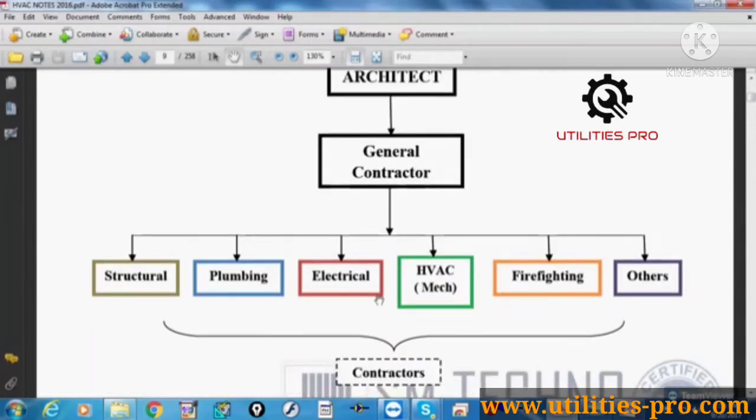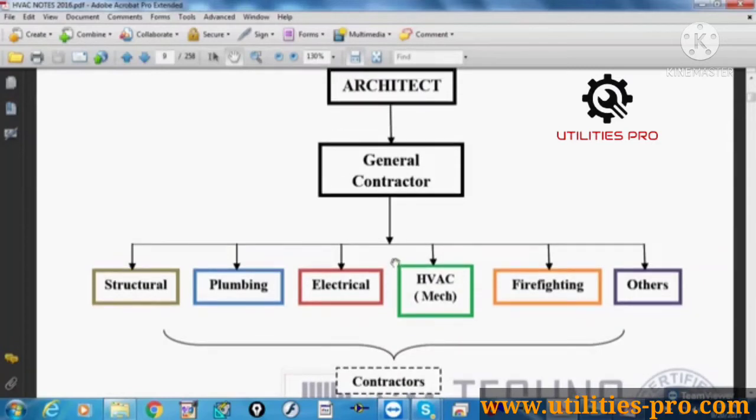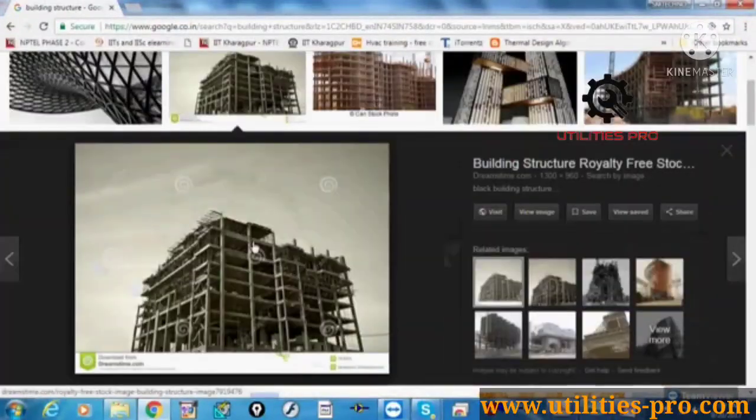But before this, we'll talk about the sequence of installation. In design, yesterday we learned the sequence for design. Similarly, we have an order for installation, and this is not the same as design. For installation, the structure is required first. Without structure, can you think of installing any service? And structure includes, for you people, footings, beams, columns, and slab. Generally, first of all, the structure will be completed by the civil people, and without structure you cannot go for any service.